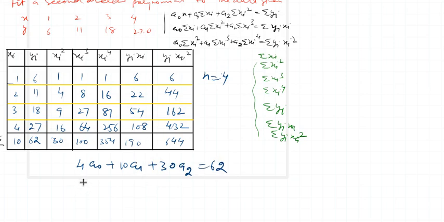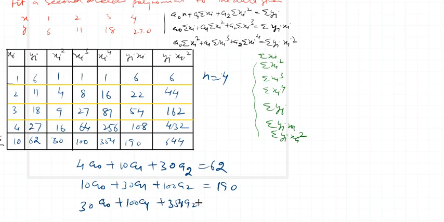Then similarly I obtain another equation: 10a0 plus 30a1 plus 100a2 is equal to 190, and 30a0 plus 100a1 plus 354a2 is equal to 644. Now we have 3 simultaneous equations with 3 unknowns. So if I solve these simultaneously,